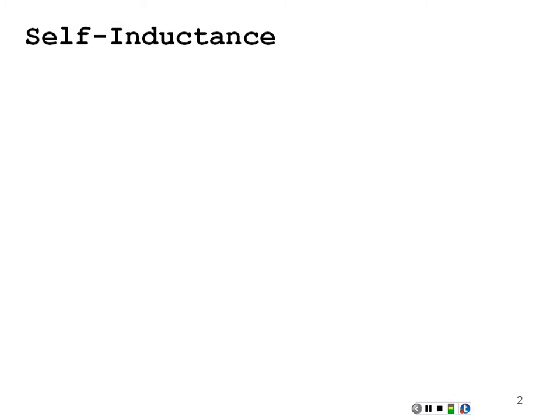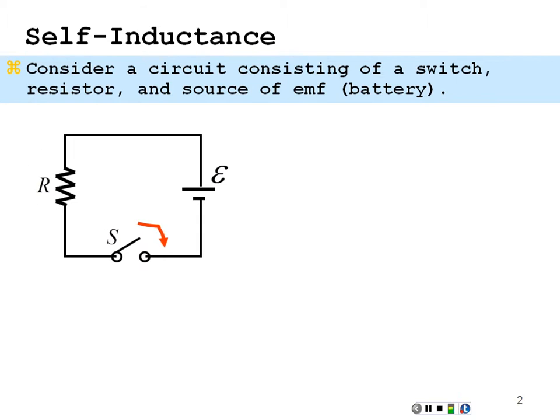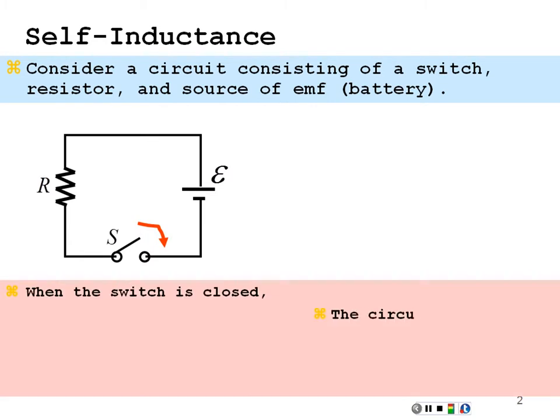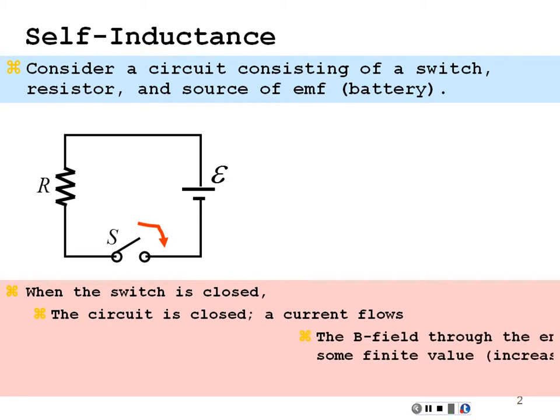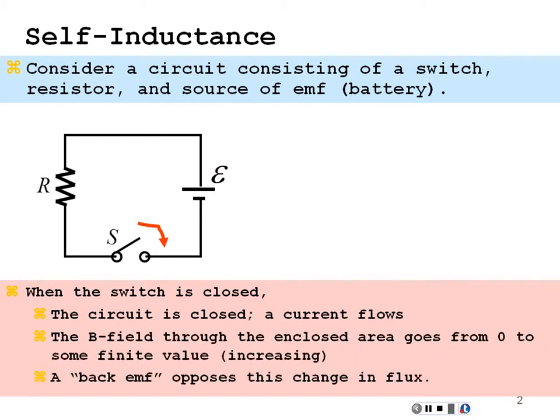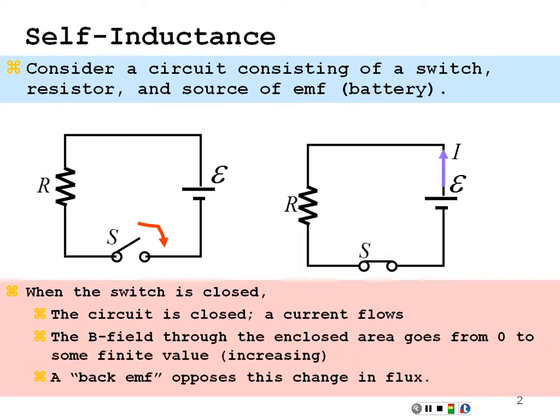Chapter 32. Consider this. Let's say you had a circuit with a battery, an EMF, a resistance, and a switch. What happens when you close that switch? Well, the first thing you would say is that a current should flow. And according to what we've done so far, that current should be equal to the voltage divided by the resistance. Makes sense. Well, when I close that switch, a current does flow, but the circuit itself is like